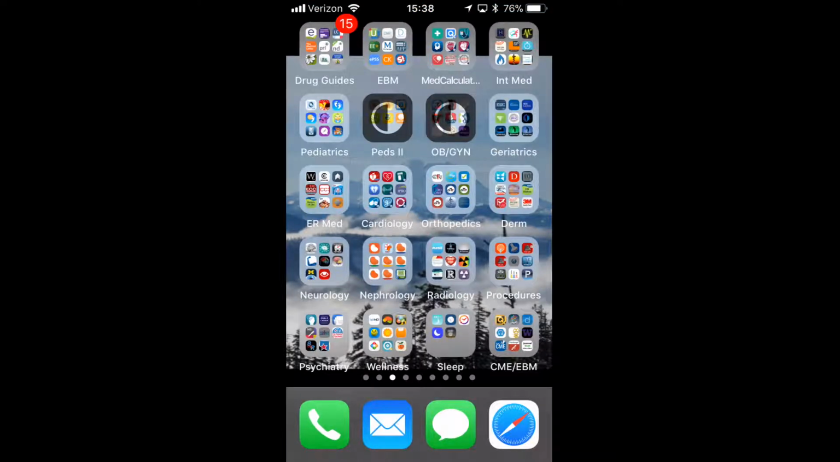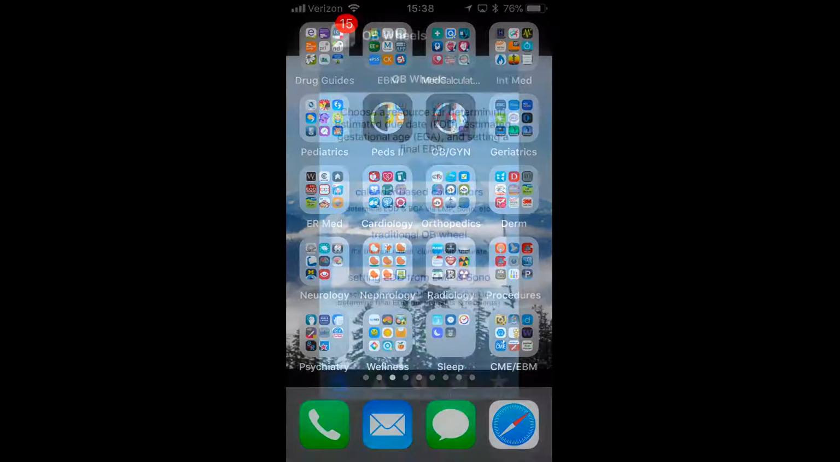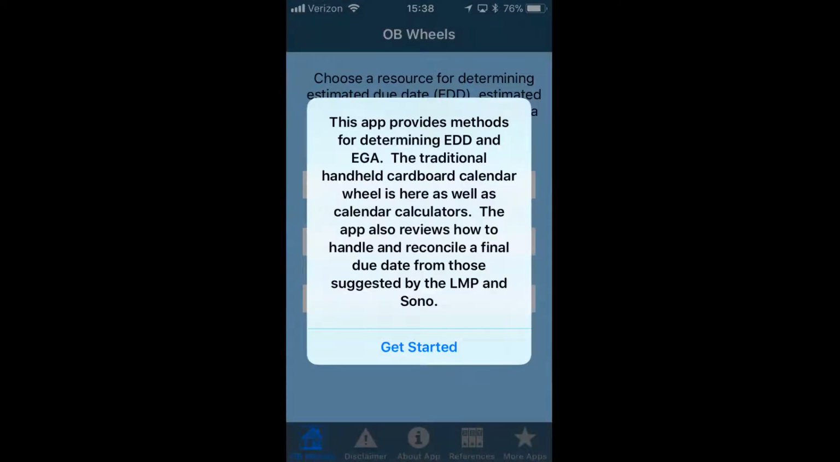Today we're taking a look at a redo of an app. This app is called OB Wheels from Dr. Joshua Steinberg. He has updated the app to reflect the most current ACOG guidelines and improved upon the interface of the app. I reviewed the app originally about 2 years ago, and although I have typically loved every app Dr. Steinberg has released, I did not find this app was quite up to the usual high quality, easy use of